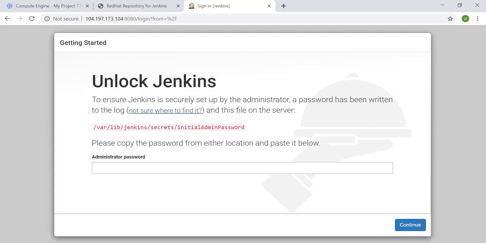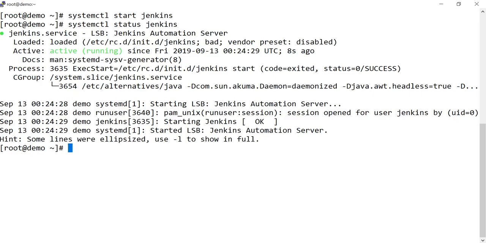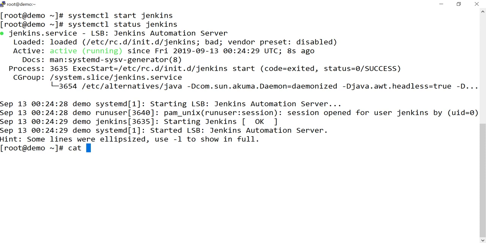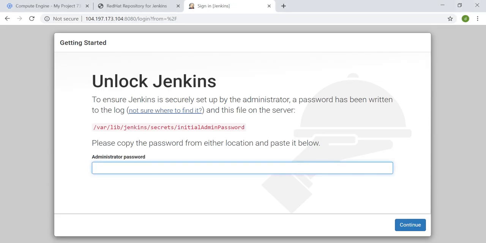You can see Jenkins launch, but it is locked. For the first time when you are launching Jenkins, it would be locked. You need to unlock it. And the unlock password would be present here on the server where you install Jenkins. So get the unlock password from here. It is present in this location, /var/lib/jenkins/secrets/initialAdminPassword. So get the password from here. Now give the password on the browser in the administrator password field and hit continue.